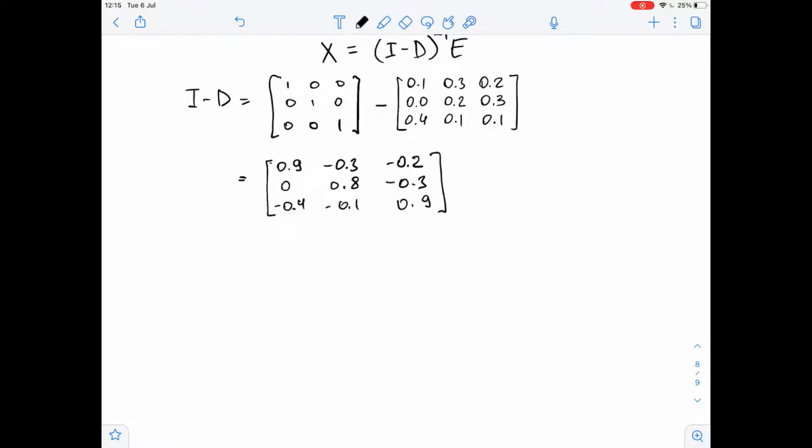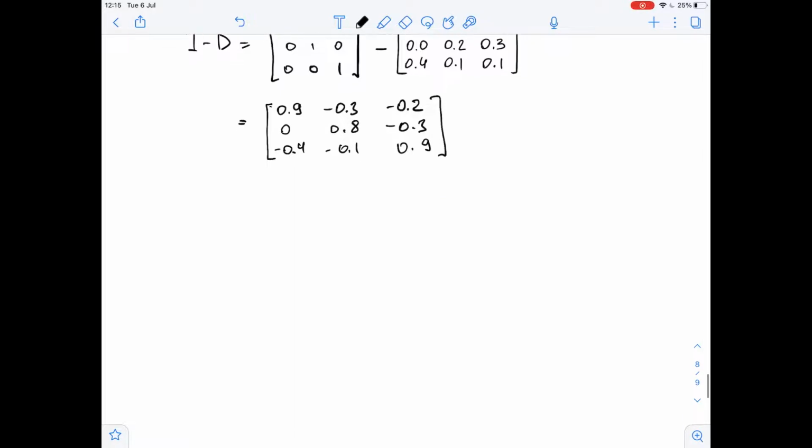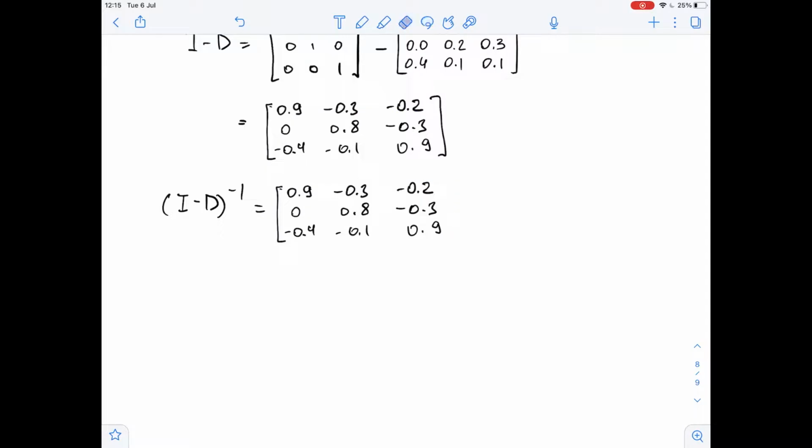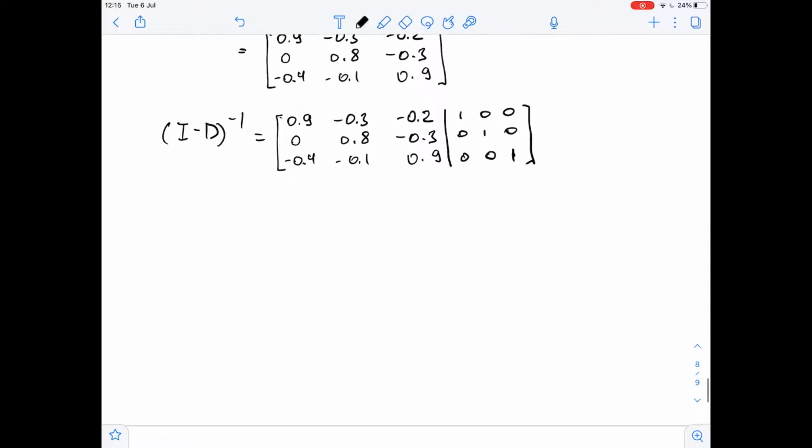Now we need to find (I minus D) inversed. So (I minus D) inversed equals this matrix, and here we have the identity matrix 1, 0, 0, 0, 1, 0, 0, 0, 1. So we will use the row operations and try to simplify it. After performing these row operations, we get that (I minus D) inversed equals